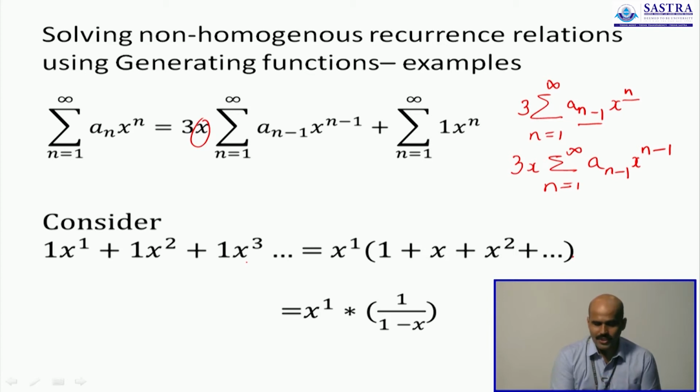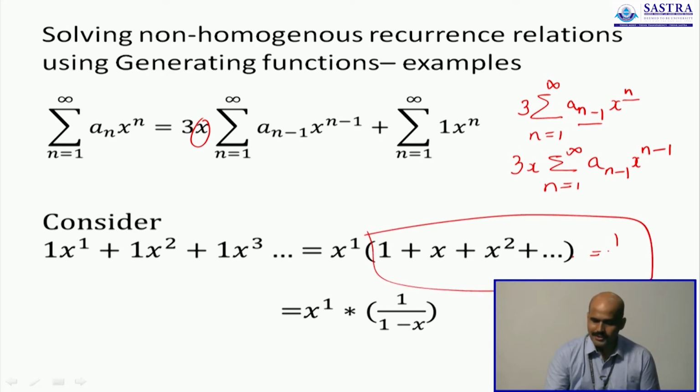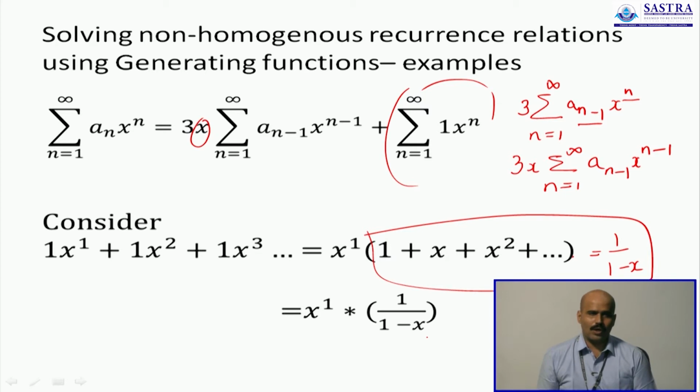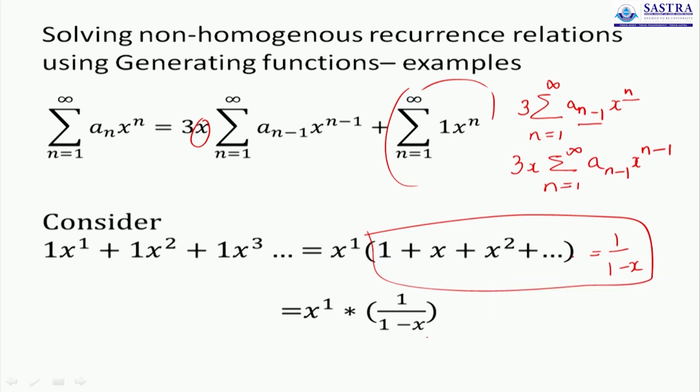So we'll just have x times (1 plus x plus x squared...), and if you can recall, this is the first generating function that we learnt. 1 plus x plus x squared and so on is in fact the function 1 upon 1 minus x. So we are introducing the first generating function into the solution. We will write this last summation as x times 1 upon 1 minus x. Proceeding further,